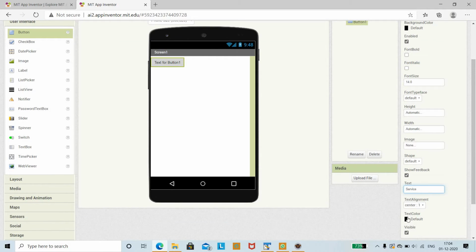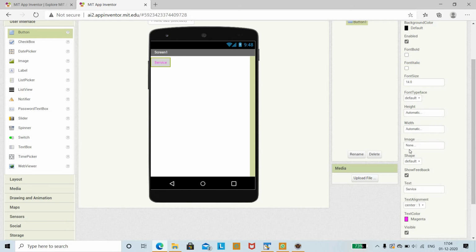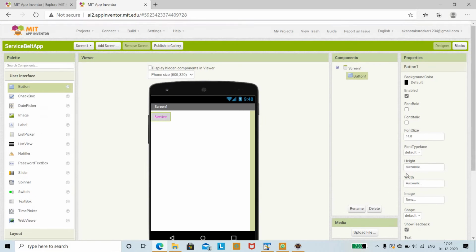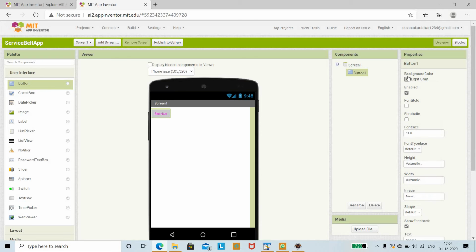Service, and now you can also give the color for the button. The first thing is we shall give the color to the text. I shall give the magenta color, and you can also give a background color for the button. You can give any background color. We shall give pink. So we have created a button, and we have named the text of the button and also set the color.